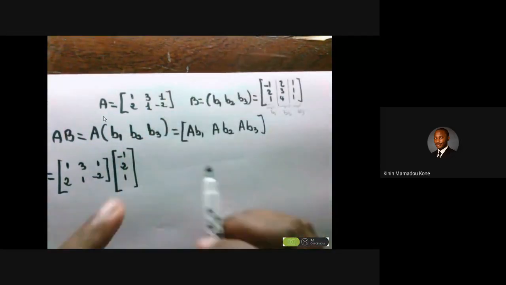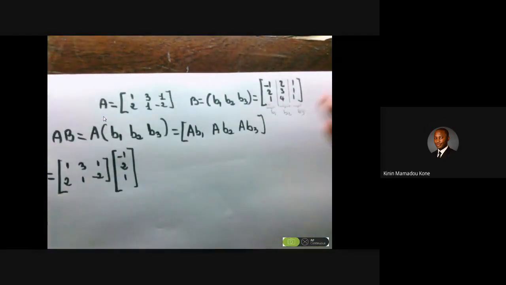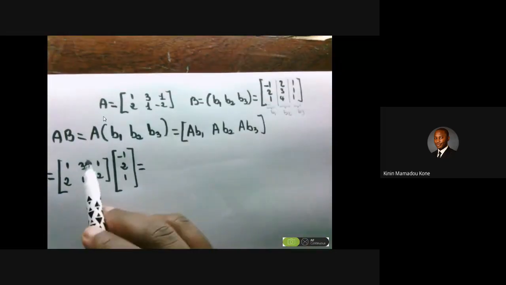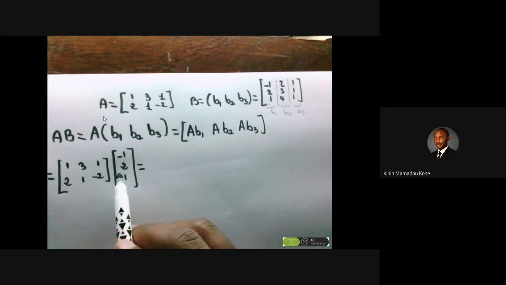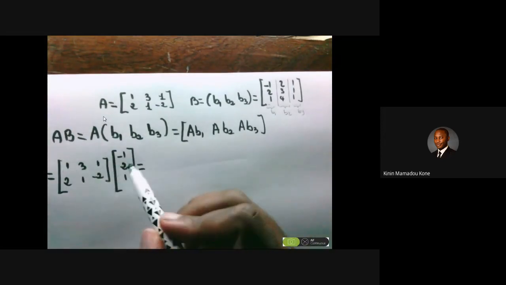Negative 1, 2, and then 1. By the way, I can do the regular multiplication this time, but I'm using a different technique to do the multiplication. So now I'm taking this row, multiplied by this column, and I insert it into the row, and this row times this column, the scalar product of these. So it's going to be